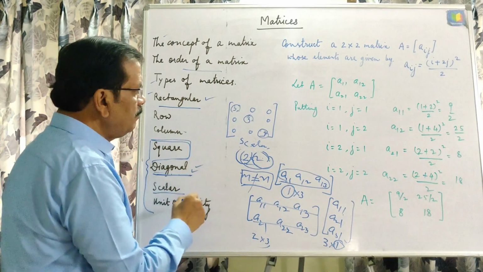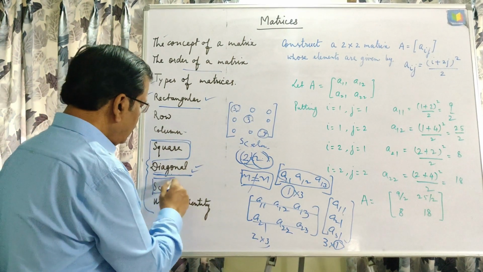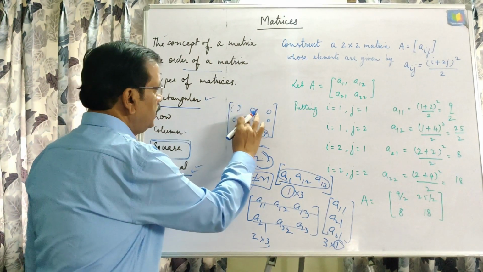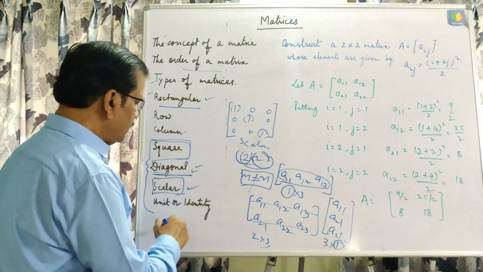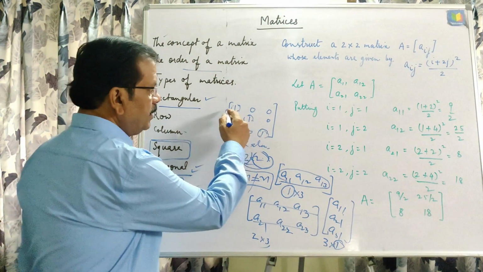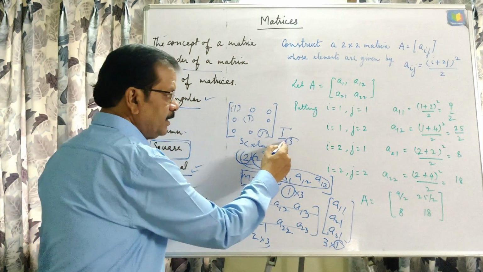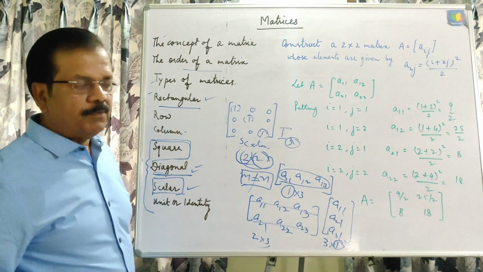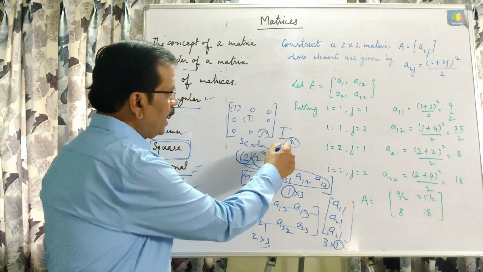But in a diagonal matrix, the numbers in the diagonal can be different, while in a scalar matrix all the numbers will be the same. But if in place of 3 we take 1, 1, 1, then this scalar matrix is converted into a unit matrix or identity matrix. This can be represented as I3 also, as identity matrix. This represents that the number of rows and columns is 3 cross 3, 3 rows, 3 columns, because the number of columns and rows will be the same in identity, and that is why we can simply write I3.